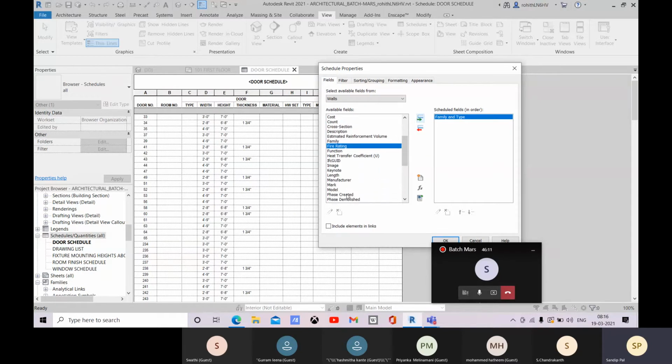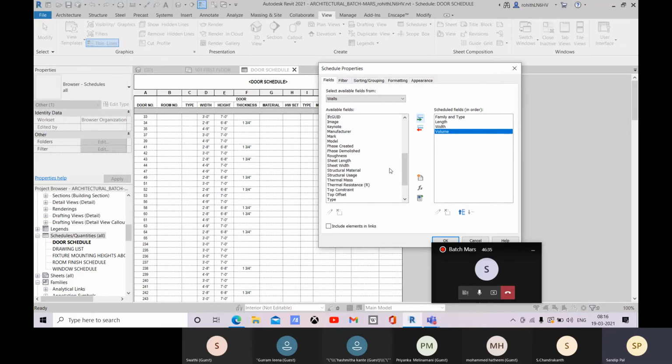After that let me add length, then width as well, add volume, and other structural materials.